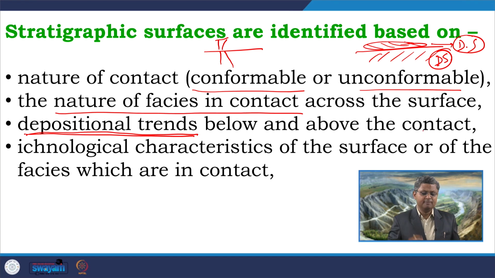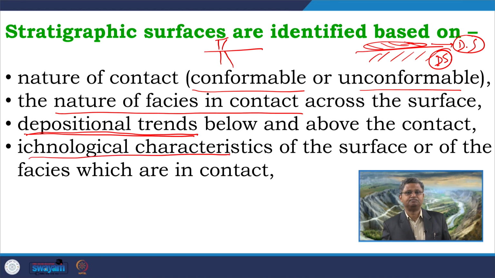Along with these first three, which are the basic fundamental points that we have to keep in our mind, we can use a few more criteria depending on section to section, area to area, and preservation potential. So, one of them is the ichnological characteristics, because across the surfaces when we are getting a change in facies,